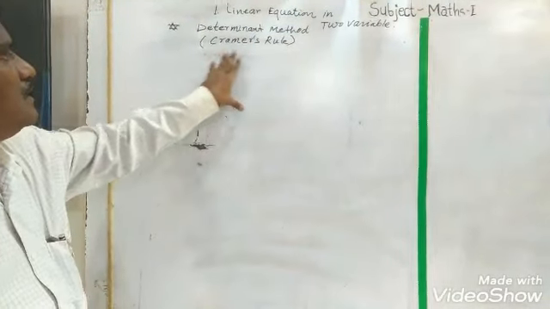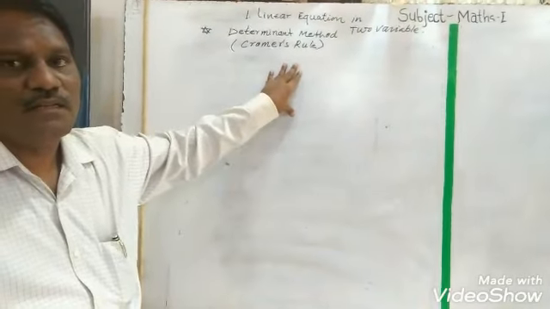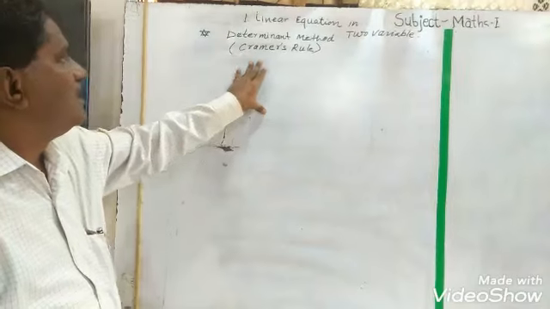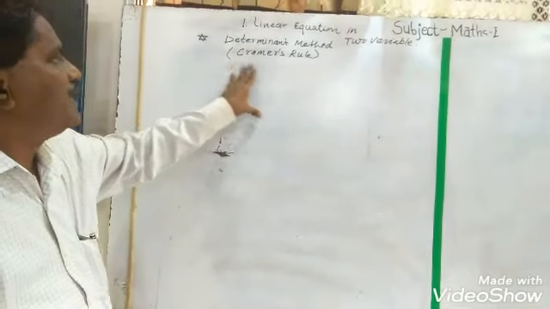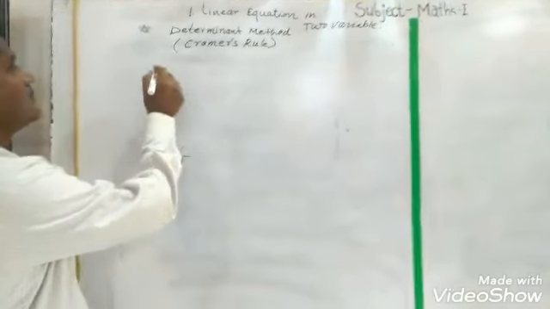त्या गणित तज्ञाने ती पद्धत शोधून काढली आणि म्हणून त्याच्या नावाने ती पद्धत आहे क्रॅमर्स रूल. Determinant method by using Cramer's rule. क्लियर? Now in this method